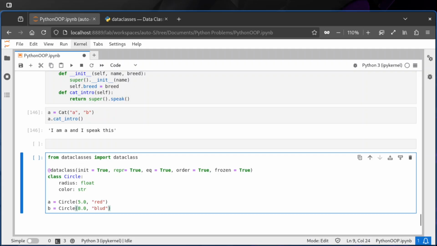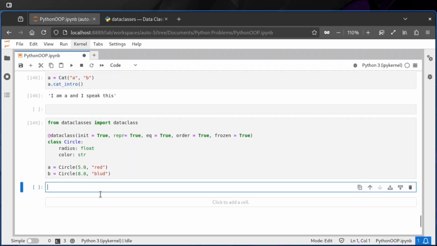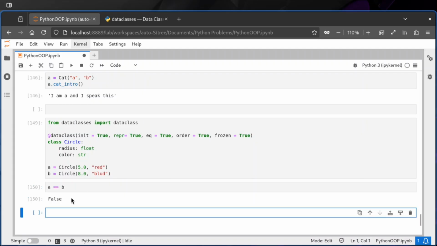Now out of the box a few things really work. Now it will compare the values, and let's see. So it says False, right? And if you have less than, greater than also,